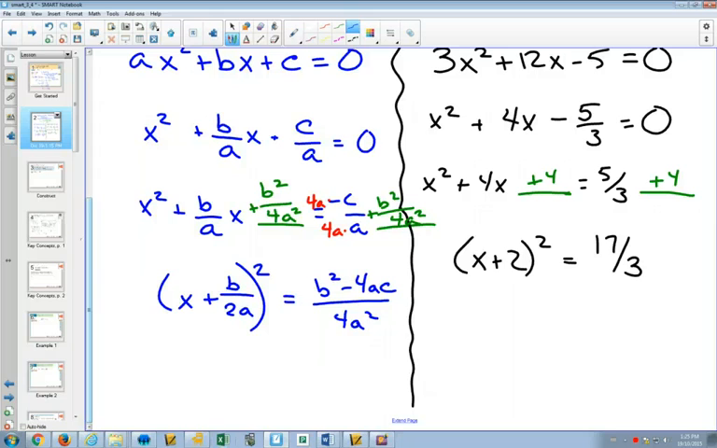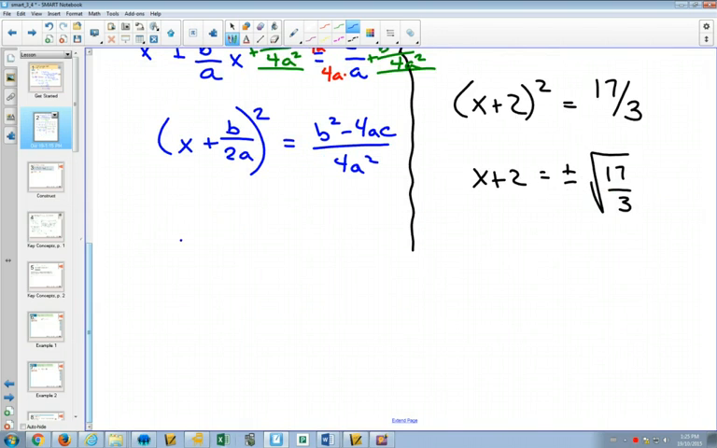So when we square root this side, we get x plus 2. We remember the plus or minus. Square root of 17 over 3. When we square root both sides over here, we get x plus b over 2a plus or minus